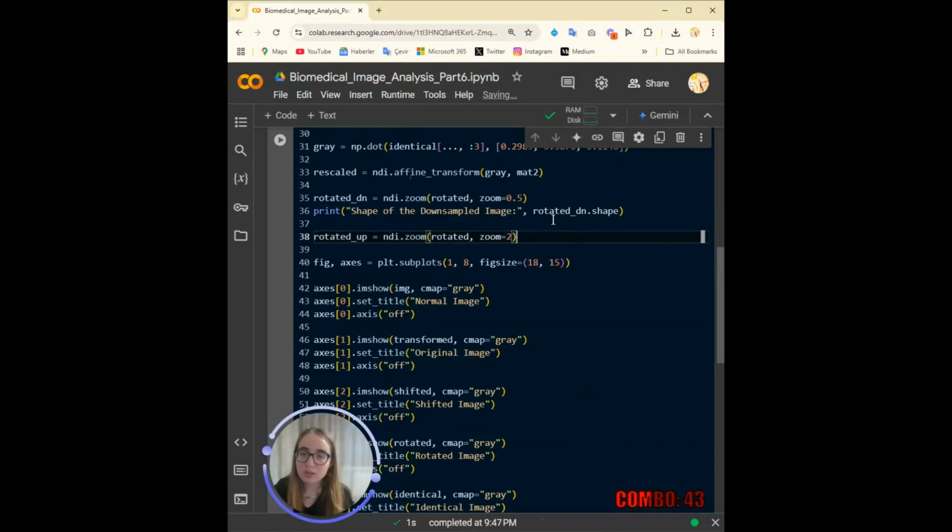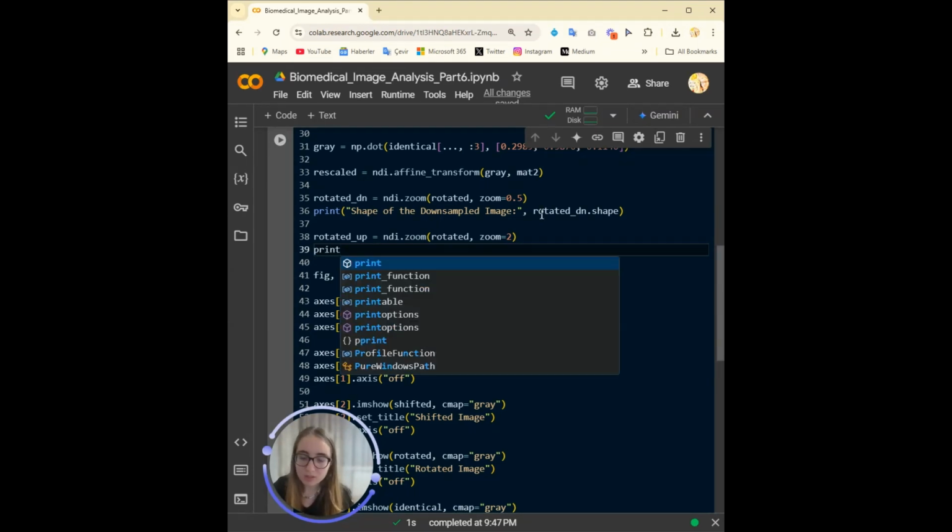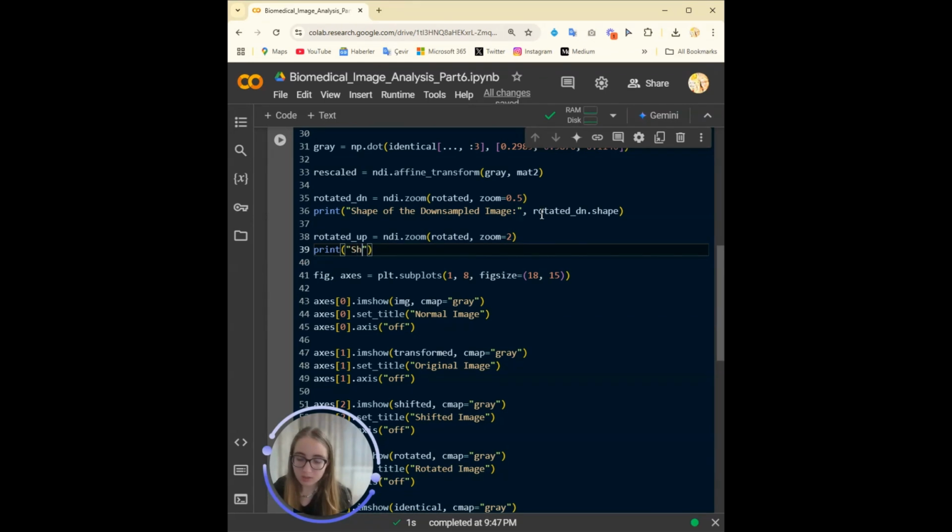So for example 2, this will double the number of elements in each axis, dimension, sorry. And then print the shape of the upsampled image, rotated upsampled shape.